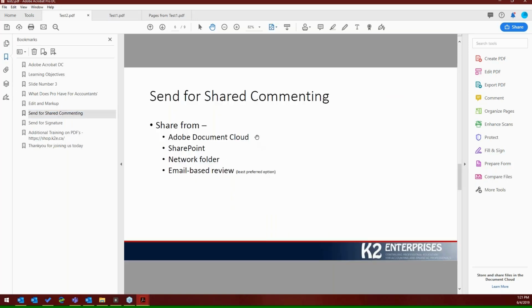We can use Adobe Cloud. We can use SharePoint. We can use a network folder. And whichever of these three we use, it will create a copy of the file, put it in the location we specify, and make it available via link or whatever method is required under the circumstance to give people access to the file that they can go in